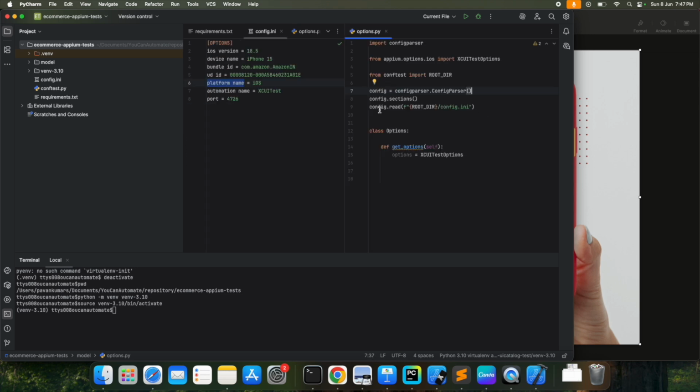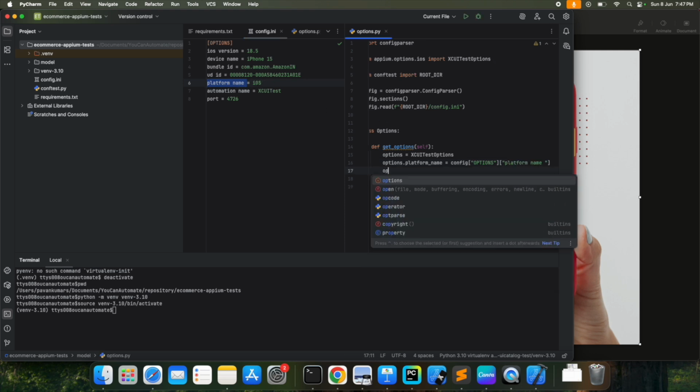So once I create the configuration, here I'm reading the config file with ConfigParser, and I'm mentioning the path of it. Now I'm going to use this configuration in the options. How I will make use of the configuration is options.platform_name, and here I'm going to refer to this config. In this config I'm going to refer to the section, that is options. Under options I have platform name. So how do I fetch the platform name? This is a key. When I use the platform name key, it will fetch iOS. Now options dot